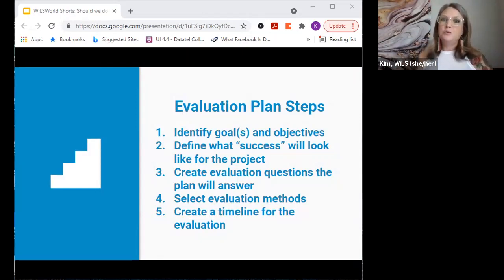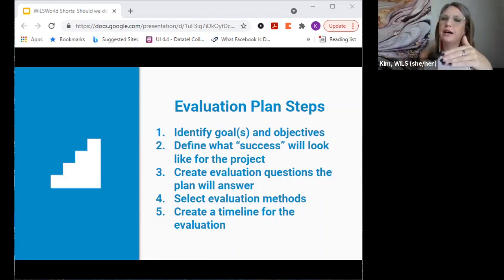The first step that you want to take is to go back to a few slides ago when I said you want to have a goal for your project. You want to have that goal written out, so that when it comes time to do the evaluation plan, the first thing that you're going to do is what's known as operationalizing your goal. That means that you're making sure that your goal is fully defined, fully explained, and involves measurable components where you'll actually be able to tell with data if you achieved the goal or not. That's where that measurement piece comes in.